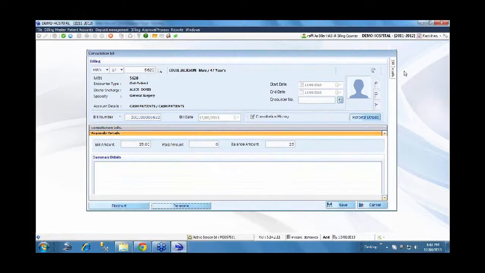Here you see the consultation bill amount is calculated as 25, which is the co-payment as defined in the insurance contract. How this calculation is done, why it is saying 25, you can see that breakup in the bill details. So automatically the system applies the rule as defined in the system and says the total amount is 150, the co-payment is 25, so the insurance company will pay 125 and the remaining part, 25, will be cash. So that breakup you can see in the bill details, with the net amount being 125 and how it is calculated.